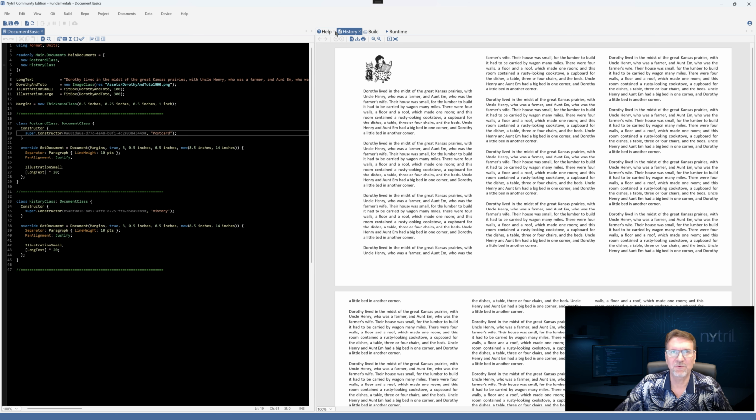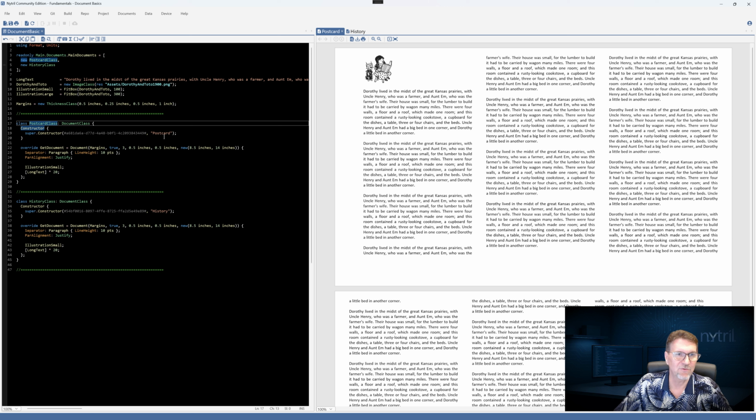Okay, now we see our history document here. I'm going to get rid of these other tabs because we don't need them. But where is our postcard document? Well, it's up here. So under the Documents menu item, you'll see your documents listed here. So let's pick the second document called Postcard, and then we can drag them around if we want to. We can have history be first or postcard. And so now we've got the two documents, and they happen to be exactly the same because we haven't changed any content. But let's do that now.